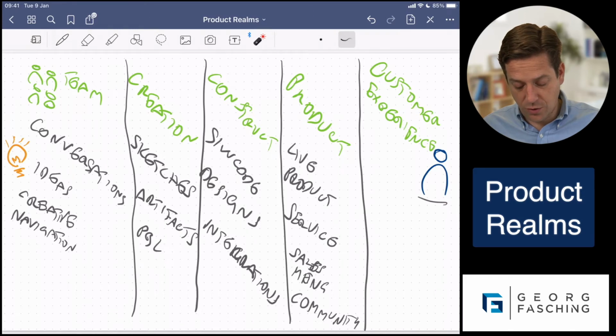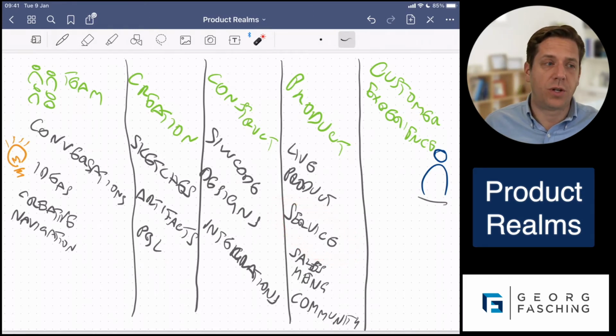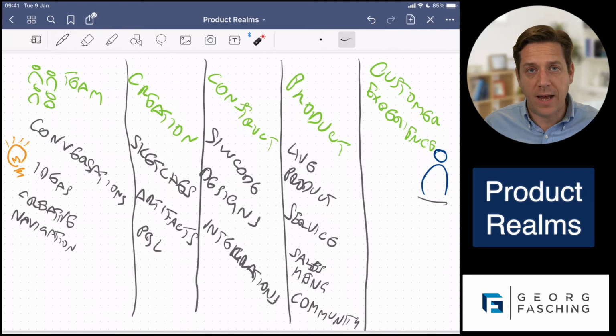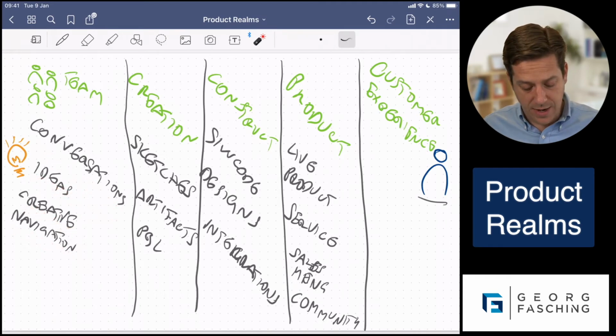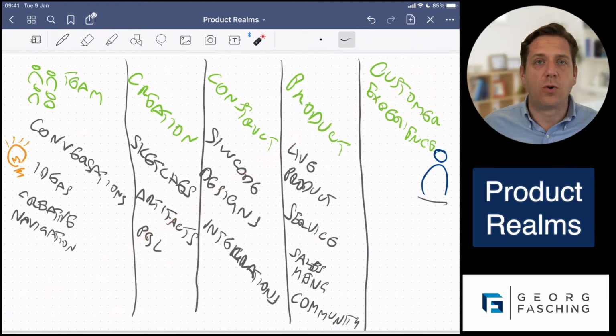In order to train customer service agents on a new feature set or a new product, we need to plan that. It takes preparation of materials and it takes time of customer service agents. So the cost of change here is also significantly higher compared to everything that is happening over here, right? And actually creating code is more time intensive compared to creating some sketches and working out different flows and everything. Okay, so our cost of change increases over time.